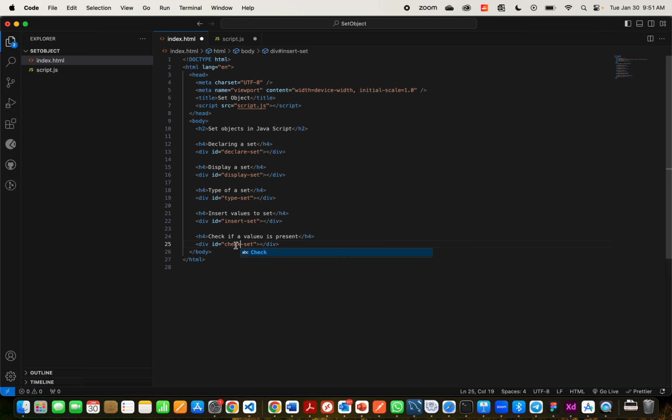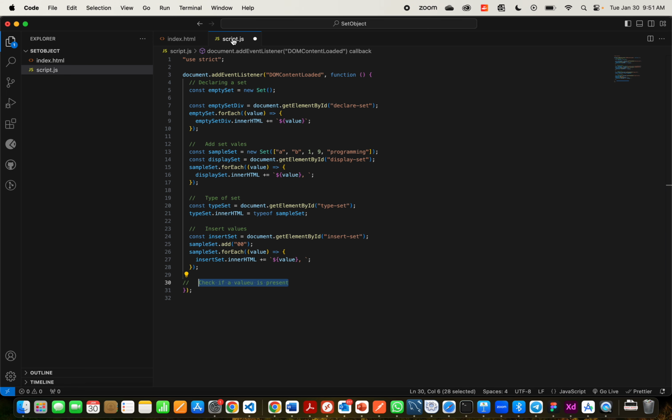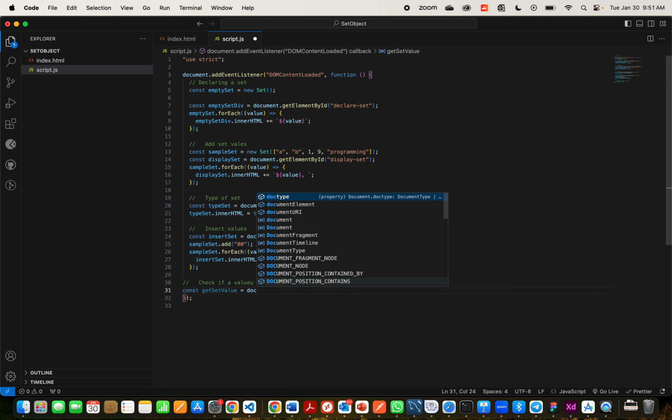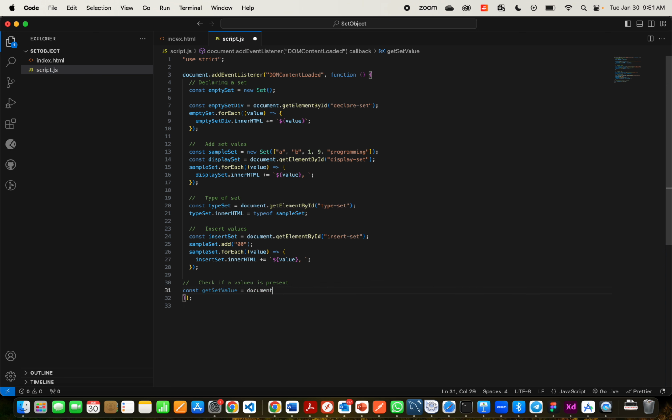Check set value. Now let us get our HTML element, get set value is equal to document dot get element by id of